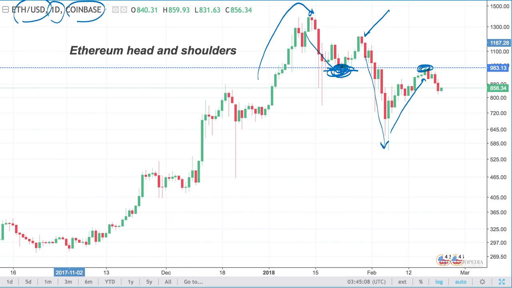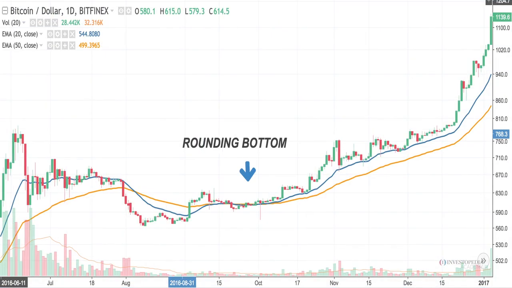Now, lastly, I want to show you what a rounding bottom looks like. Rounding bottom is indicative of prices moving higher. And you can see there's a little bit of a curve to this as it's trending higher. And what we've seen with rounding bottoms is when they finally break to a new high past the old high. So the old high here happened in June of 2017, when the new high in this Bitcoin versus dollar was finally